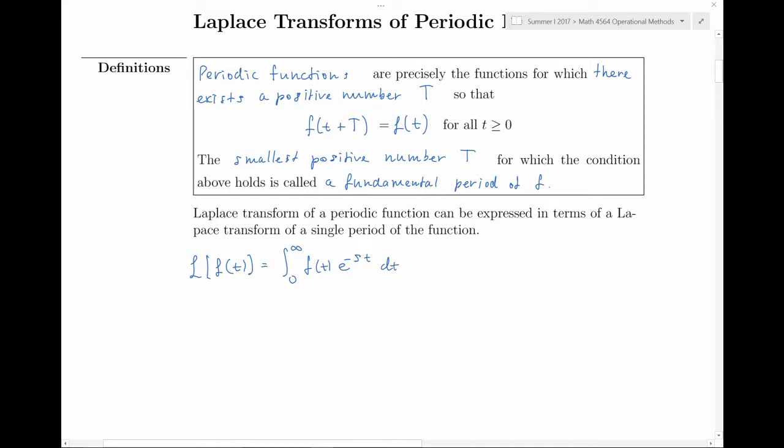So I'm going to split the integration into an integration over the first period plus the integration over the second period, etc, etc, etc. In general, I can write it as a summation